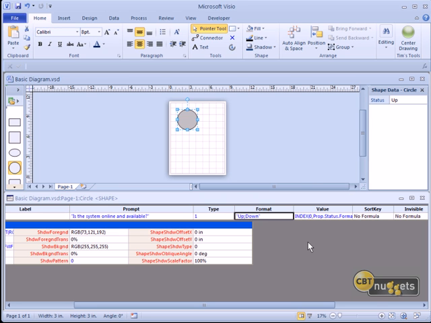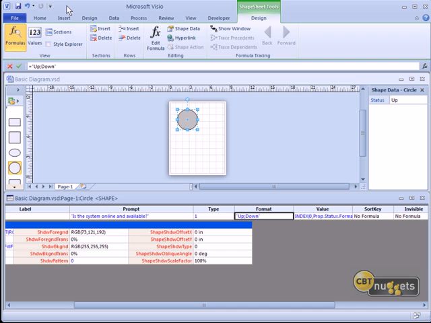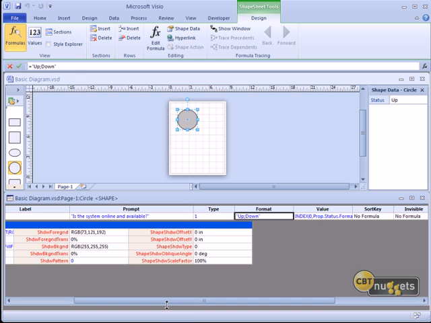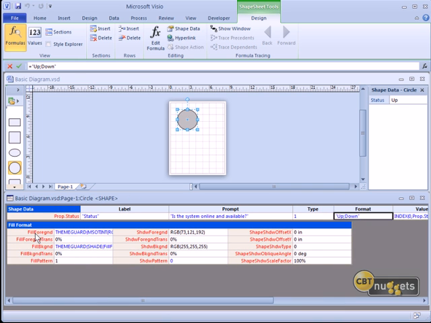So this is a graphical demonstration of the intimate relationship, or nexus, between the shape sheet and items on the actual Visio page. Okay, so thus far we have our shape data defined. How can we change the color of this such that if our status is up, it denotes green. If the status is down, it'll denote red. And we can use this, let's say, ultimately as an icon that we superimpose on a server shape in a network drawing. Well, what we'll want to do here is customize the fill foreground area.